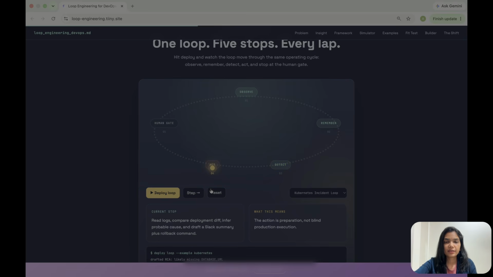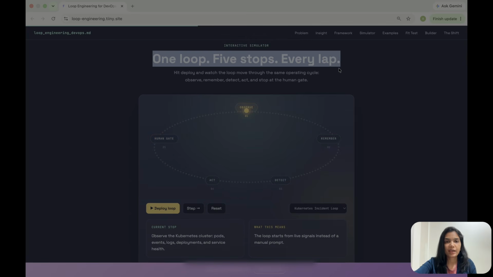Then act. This is the important stage where AI evolves. It reads the logs, it compares the deployment difference, then it checks what was the probable cause, it drafts the summary for you, and also the solution, whatever solution is going to fix that problem. So the action is prepared for you, but it is not executed. For the execution stage, it comes to you, and here the human gate is involved, where the human actively goes through what solution AI has prepared, and whether it looks correct to you or not, and whether you want to proceed with taking that action in your environment.